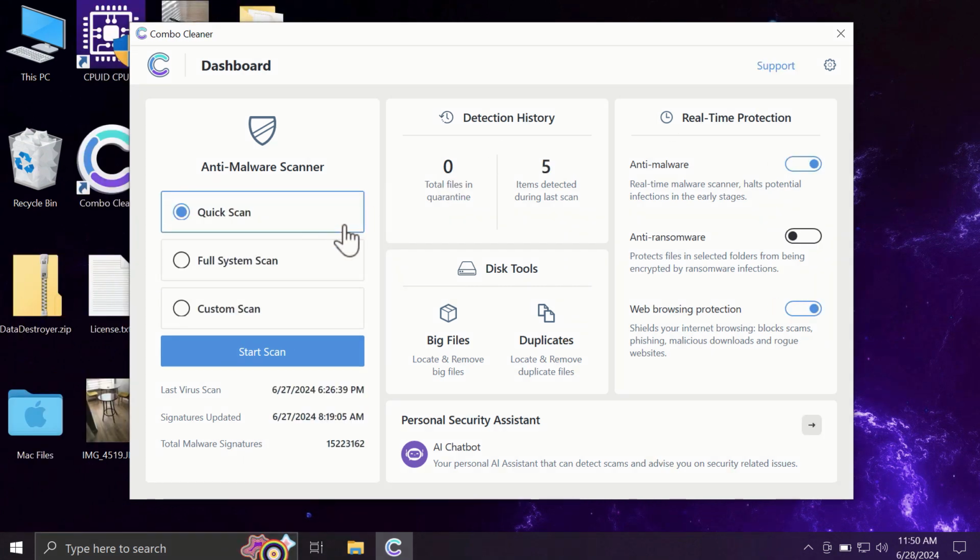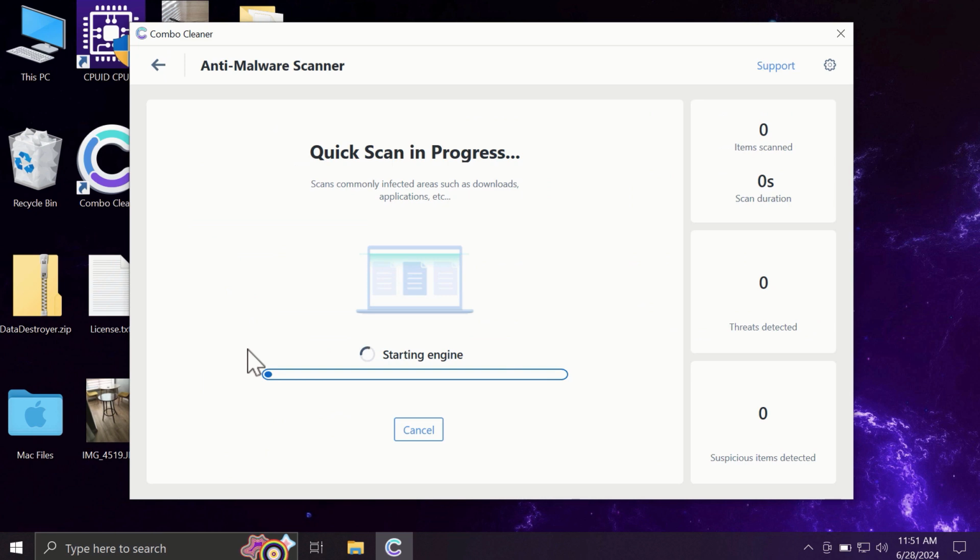So after you have successfully downloaded and installed Combo Cleaner, the software will initially be in trial mode, and only the quick scan option is available in the trial mode. The full mode includes full system scan and custom scan, but as I said, in the trial version only quick scan option is available. So you need to click on the start scan button, and most likely the application will